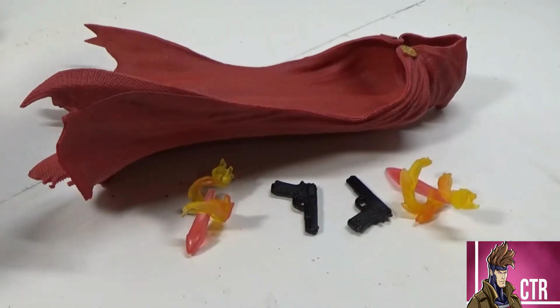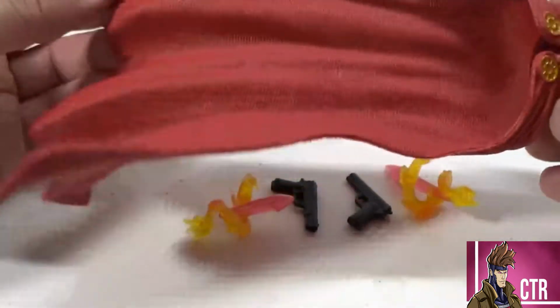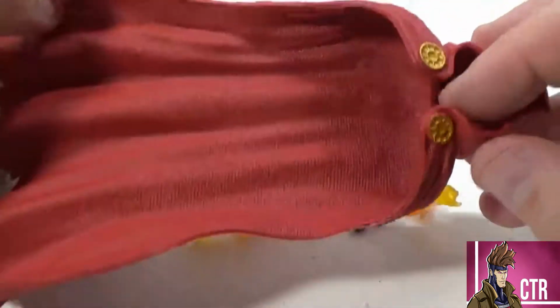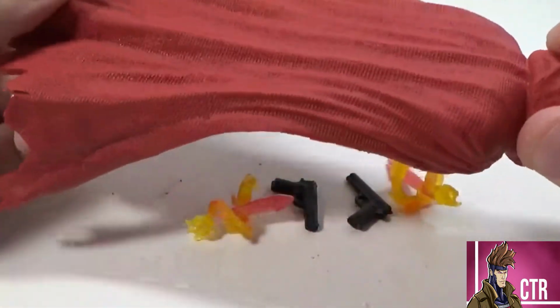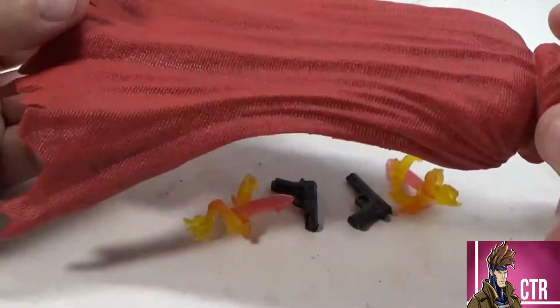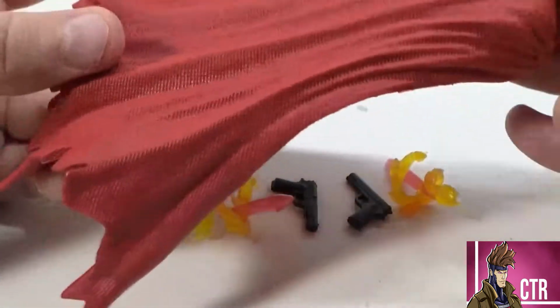Alright, here are our accessories for the Hood. First and foremost, the hood is an accessory form because it can basically be used for another character or whatnot. It's a pretty thick plastic for it. It'll hold him up for posing and everything, but it also is going to limit his articulation and posing with it. I like